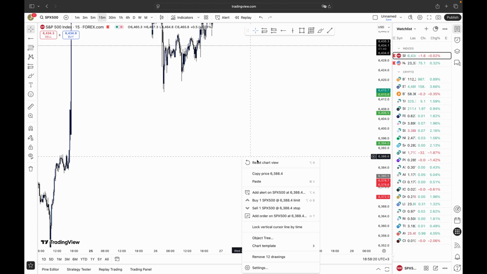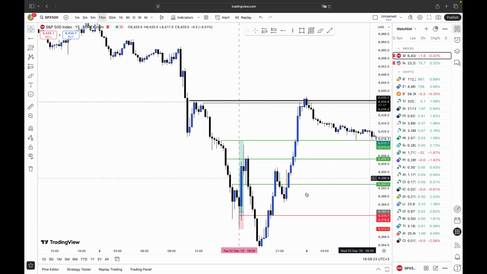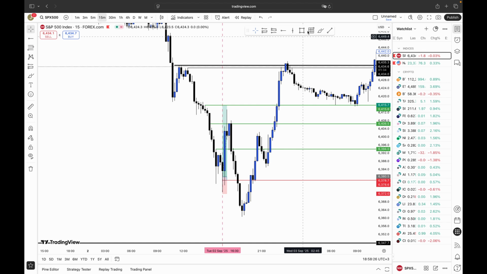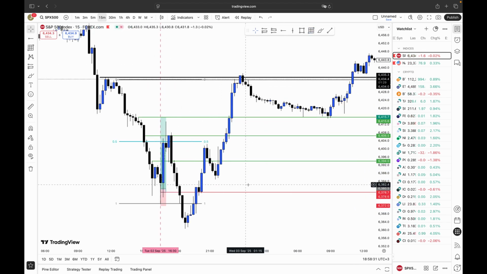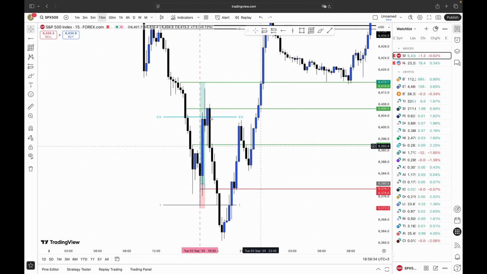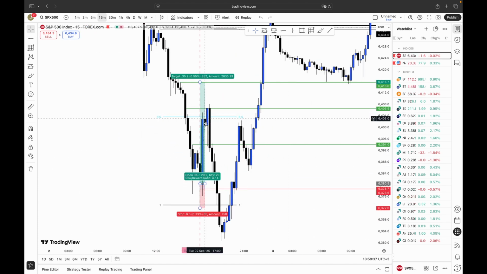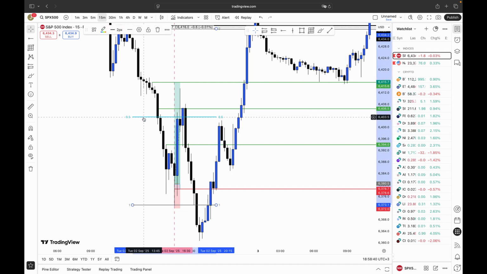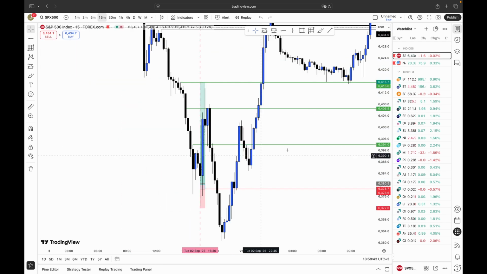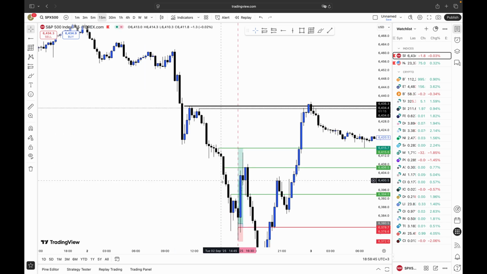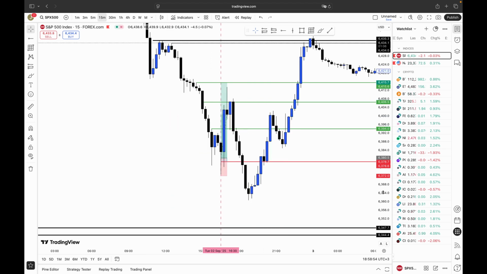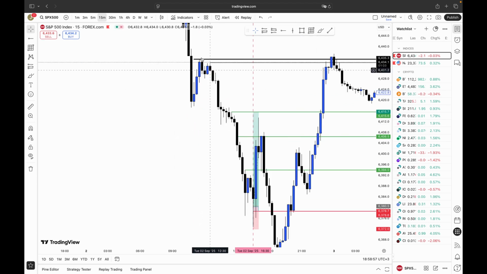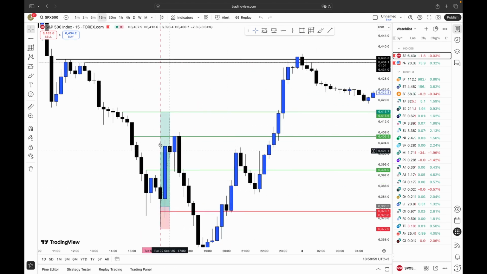If we scale to the 15-minute time frame again, we can see that from this entire leg down, from this swing high to the swing low, we nicely took out equilibrium. And I also wanted to secure some profit. That's why my TP was near the equilibrium, because this is a high probability turning point. Whenever I see price in an overall downtrend but I'm trading against the downtrend, I want to make sure that I at least take some partial profits when we hit the equilibrium of this entire leg down, because I'm trading the correction here.